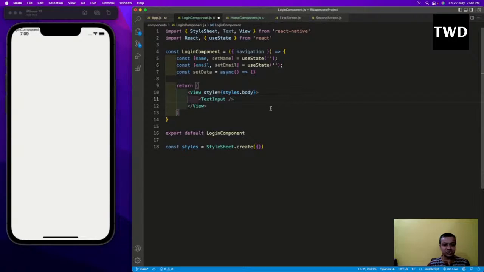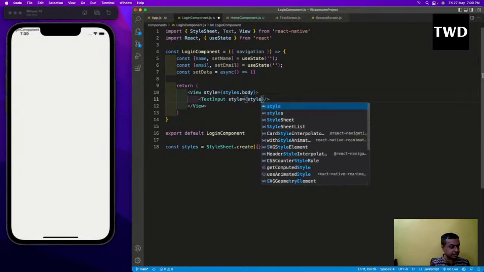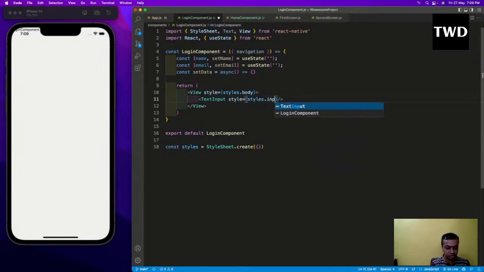So style equal to styles.input, and placeholder equal to enter name, and on